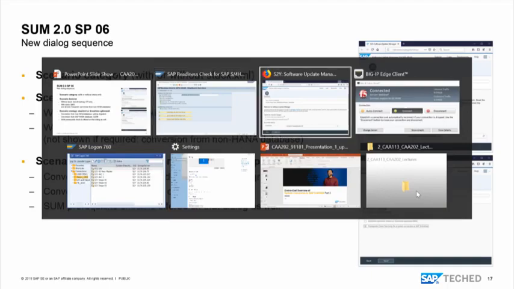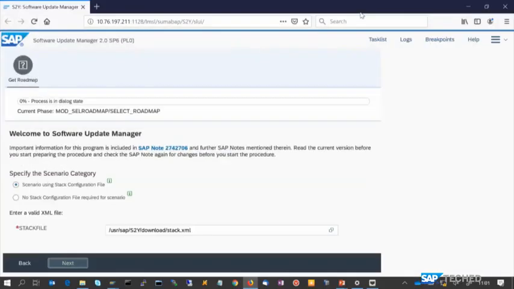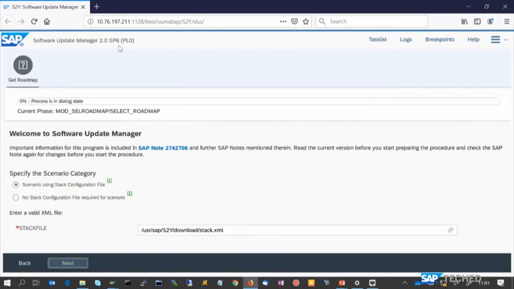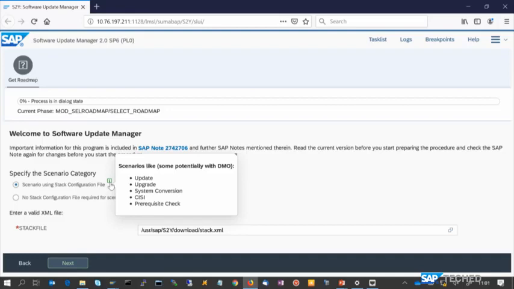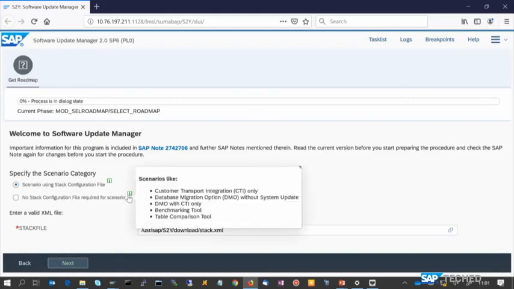Let me see if I get connection to my system here. That is my software update manager. It's SP6 and this is the entry screen. Welcome to software update manager. There are some UI features like these icons there where I can click on and I get a list which scenarios require a stack XML, and of course you know that system conversion requires a stack XML. But then there's the option to say, well, no stack configuration, and if I click on this icon you see,